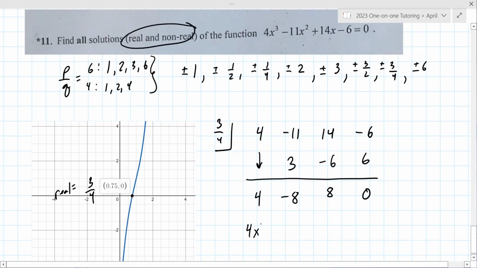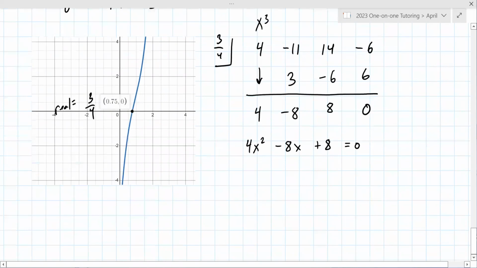This is now 4x squared because it was x cubed minus 8x plus 8. And you now have to use one of the many, many other methods you have for solving quadratics. Since they're not listed on the graph, that tells you that it's going to be quadratic formula, almost certainly, because they're complex roots. This is the only one that was visible on the graph. All right, now to make this a little bit better, you should factor out the 4 because it'll make